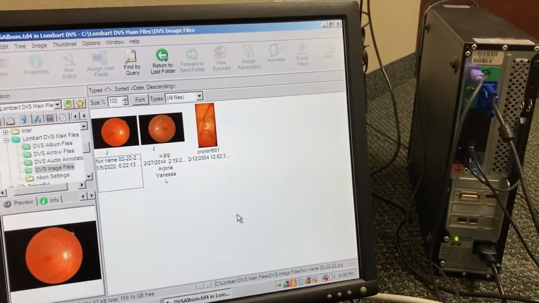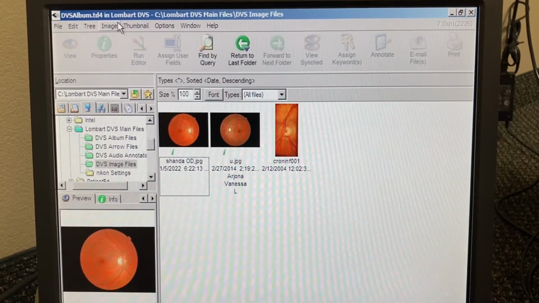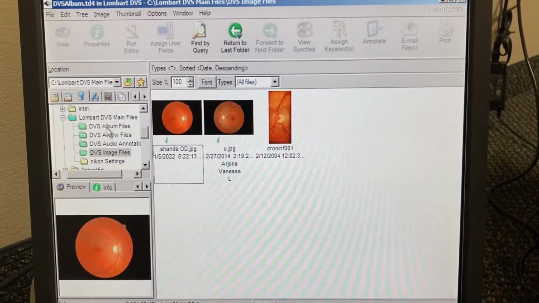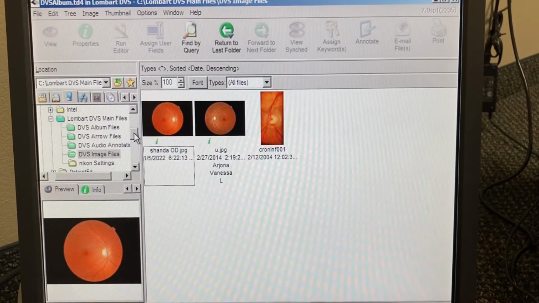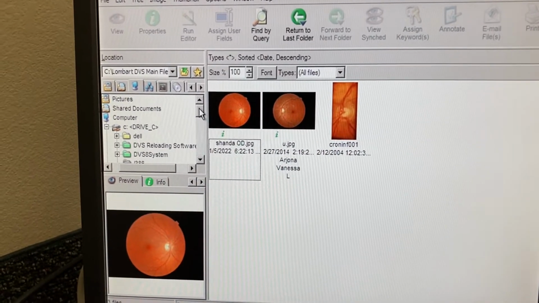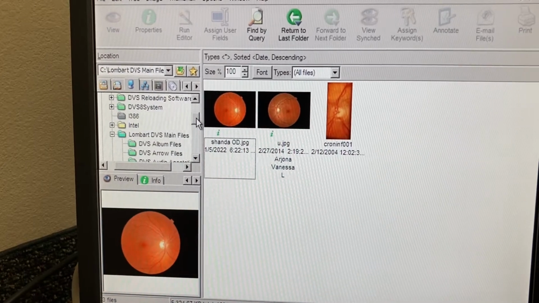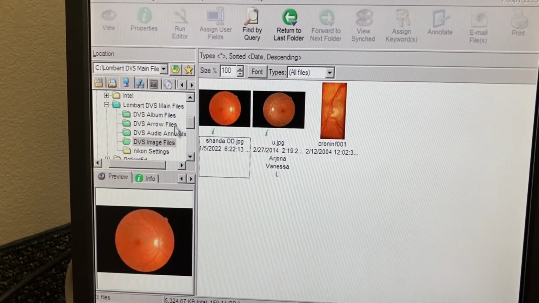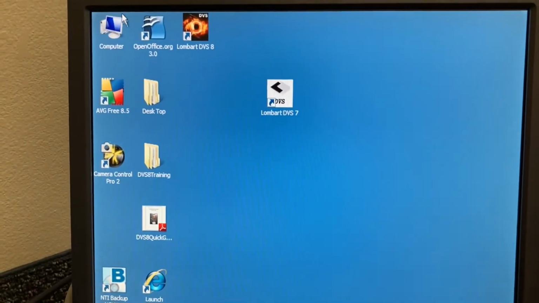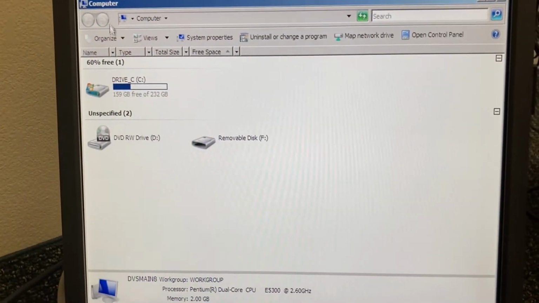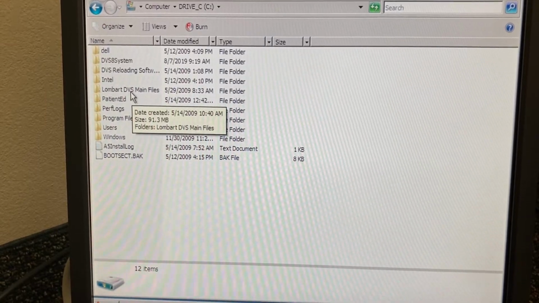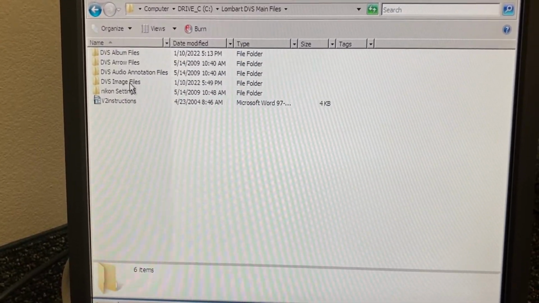Woohoo. Okay. This is just the program that it's in, but it's basically a fancy folder to view files. There's nothing secret and weird about it. It just shows you the access to the whole computer right there. You got your documents, computer with the C drive. In the C drive, you're looking for Lombard, and in Lombard, you're looking for the image files. But you can also minimize this and just open computer. This is like the folders thing, and go into C drive and go into Lombard, go into the image files,